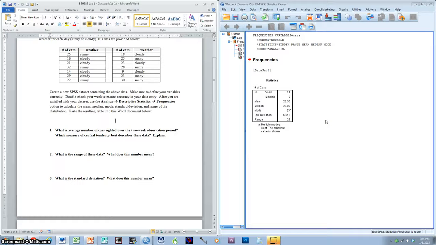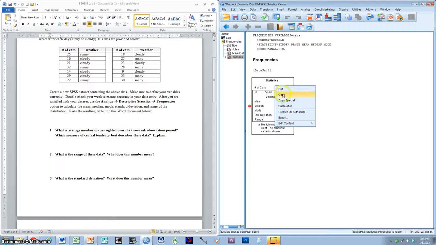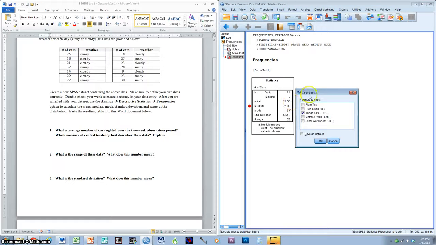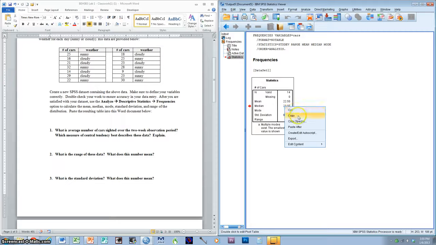It's not super intuitive. There's different ways to paste it. If you right click on this, you're going to get these options right here: cut, copy, copy special, paste after, export, auto script, edit content, lots of options. What we want is copy special. So you're going to right click, copy special. And that's going to give you these options right here. Now, yours is probably going to look something like that. And if you copy special or if you just copy regular, it's going to come out a little bit funny over here. It's going to be hard to edit and resize,